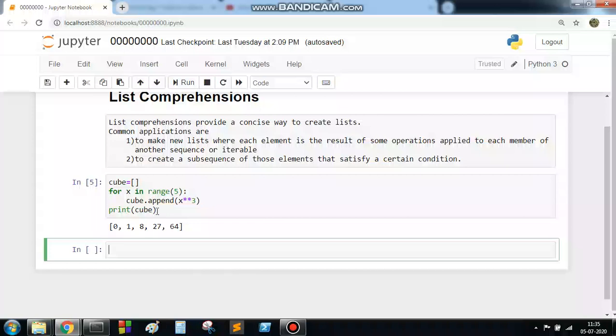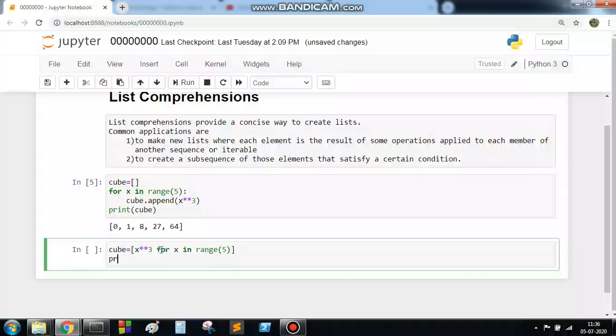But how do we create the same thing another way, by the use of list comprehension? What is the name of the list? Cube. What value do you need to keep here? x to the power 3, for each x which is in range 5.